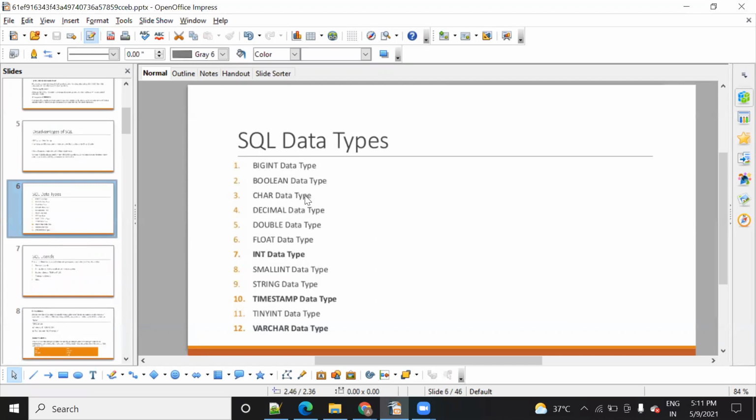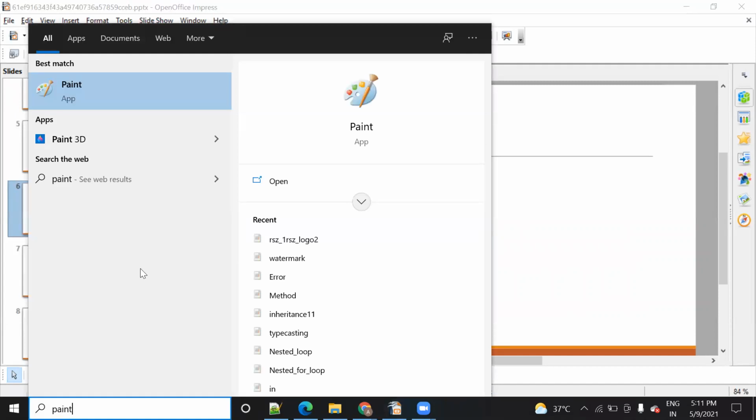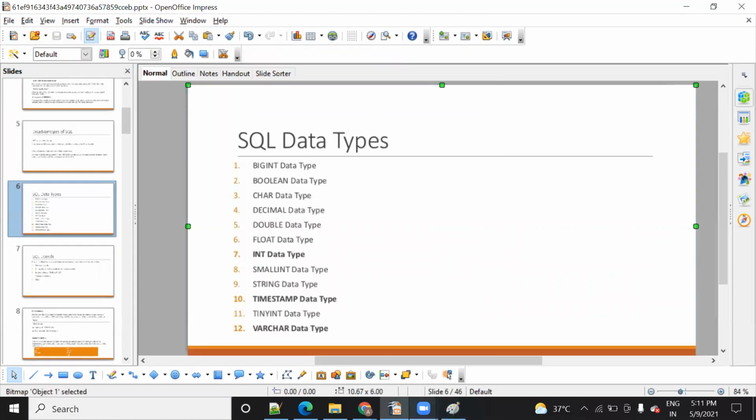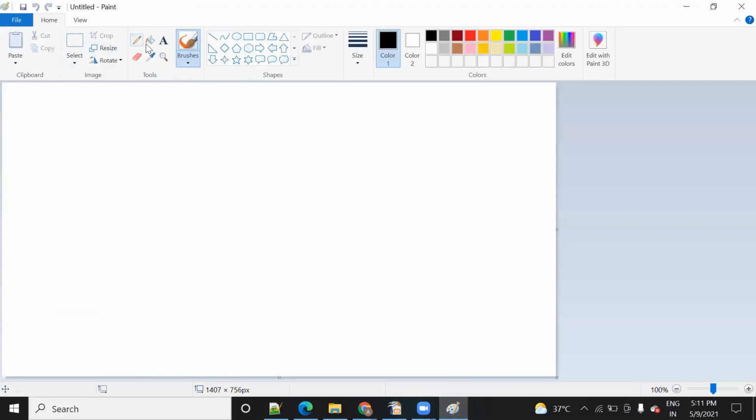Before going to those queries, these are the different data types available in SQL that define what kind of data there is. Data type means the type of data, right? For example, if you have worked with coding and programming, you might have seen this.